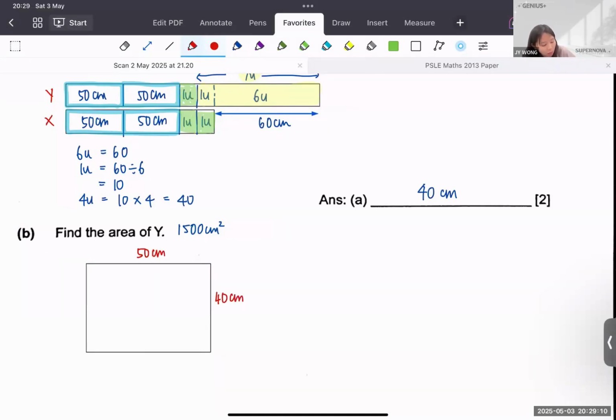Let me just draw it nicely, sorry, not very proportionate. If I fold it here, this is the folded part, right? Then it will eventually become